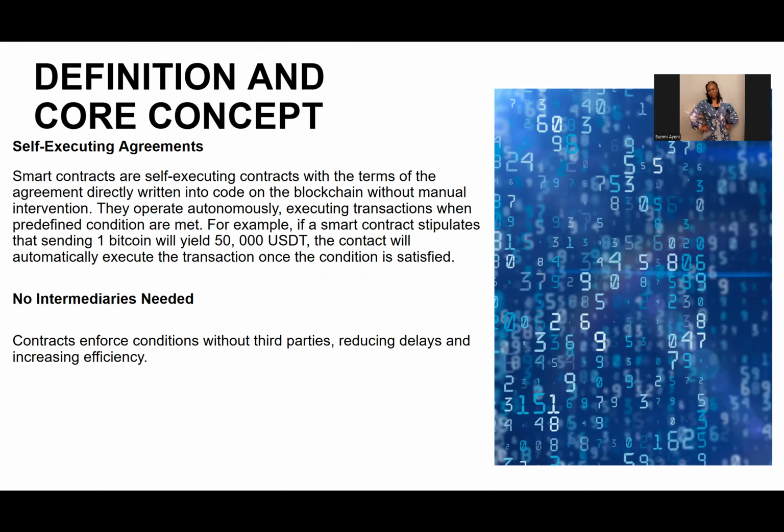For example, if a smart contract stipulates that sending one Bitcoin will yield 50,000 USDT, the contract will automatically execute the transaction once the condition is satisfied. So no intermediaries are needed. Contracts enforce conditions without third parties, reducing delays and increasing efficiency.